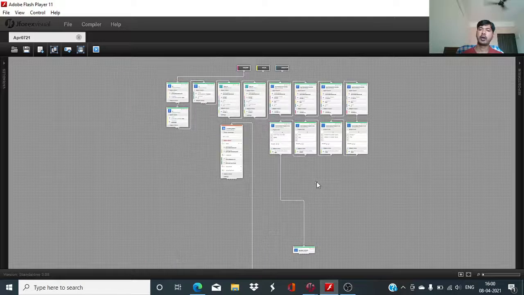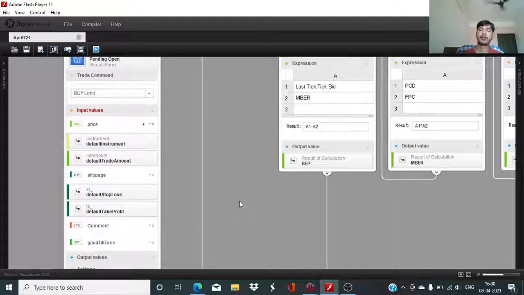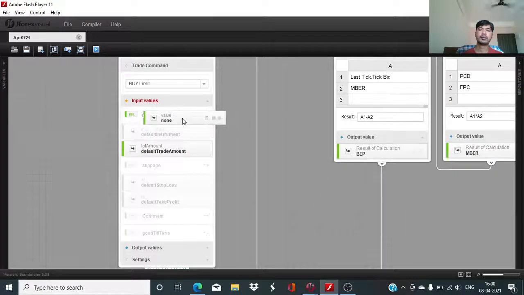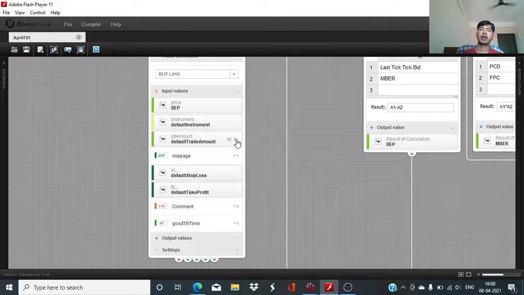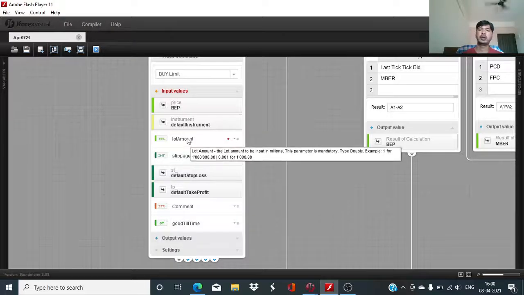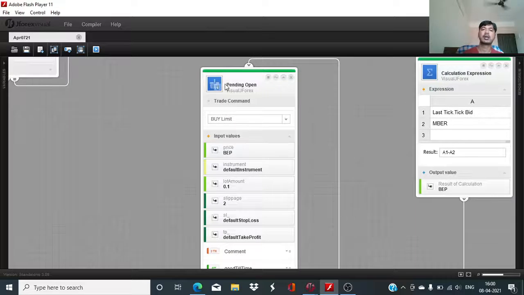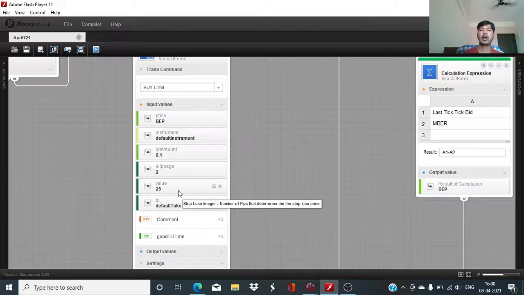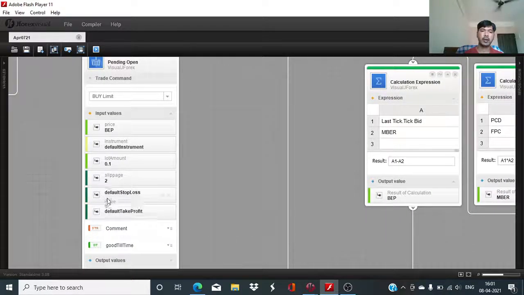Buy price we have already defined, so that is going to be our entry point. Okay, default instrument will remain as it is, Euro USD. Trade amount, here you can change the trade amount as per your account equity. Slippage 2 pips should be good enough. Now comes the question of defining the stop loss and take profit, and then we will also have to define the order validity. So in this session we will carry out the calculation for stop loss and take profit